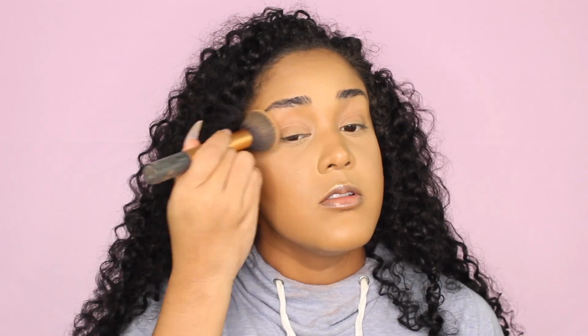The higher I go, the further back I'm gonna keep it. And the lower I go, the further out I'm gonna go. I'm also taking that around the perimeter of my forehead and diffusing all the lines, especially right here in the temple. Okay, so now that I've pretty much diffused that, if you have any spots where you're like, whoa, chill out on the contour, then you can go back in with either your foundation brush or your brush that you use with your setting powder and go over everything. You see how that makes it look a little bit lighter? You can just go over that, make sure that everything is nicely blended and that you don't look like you're